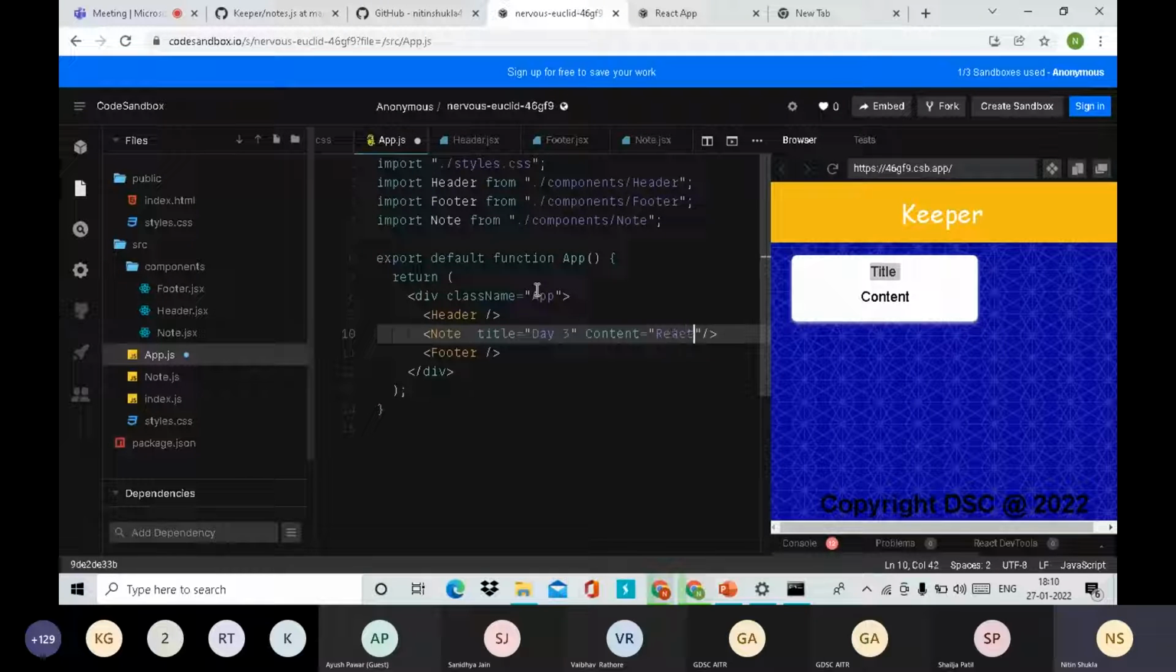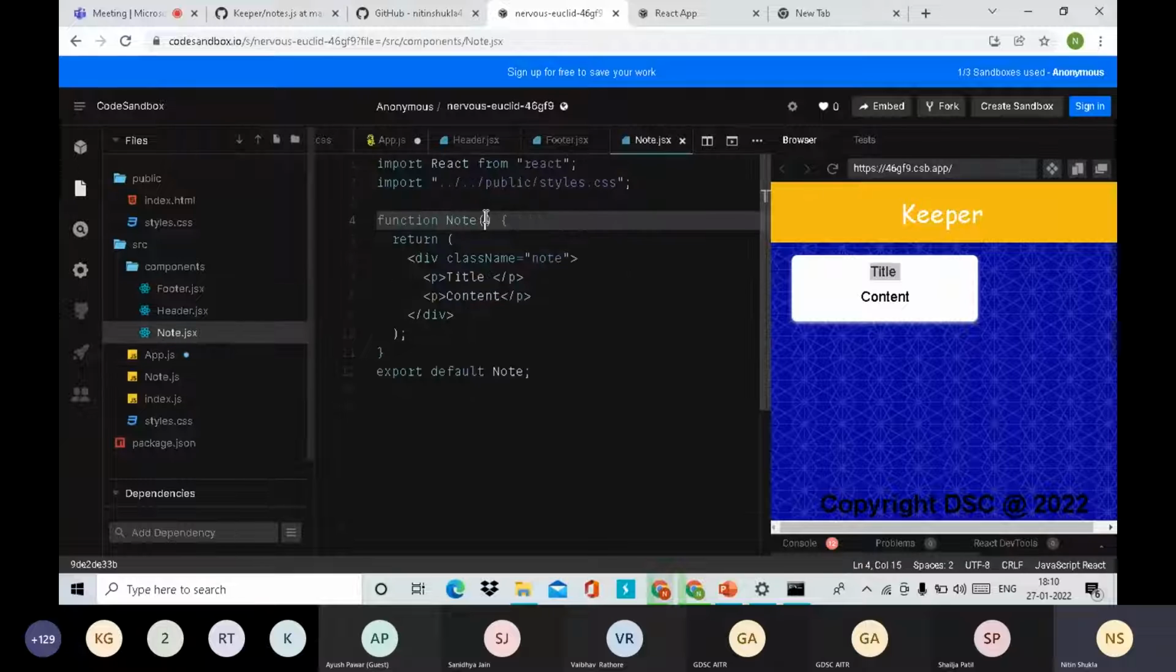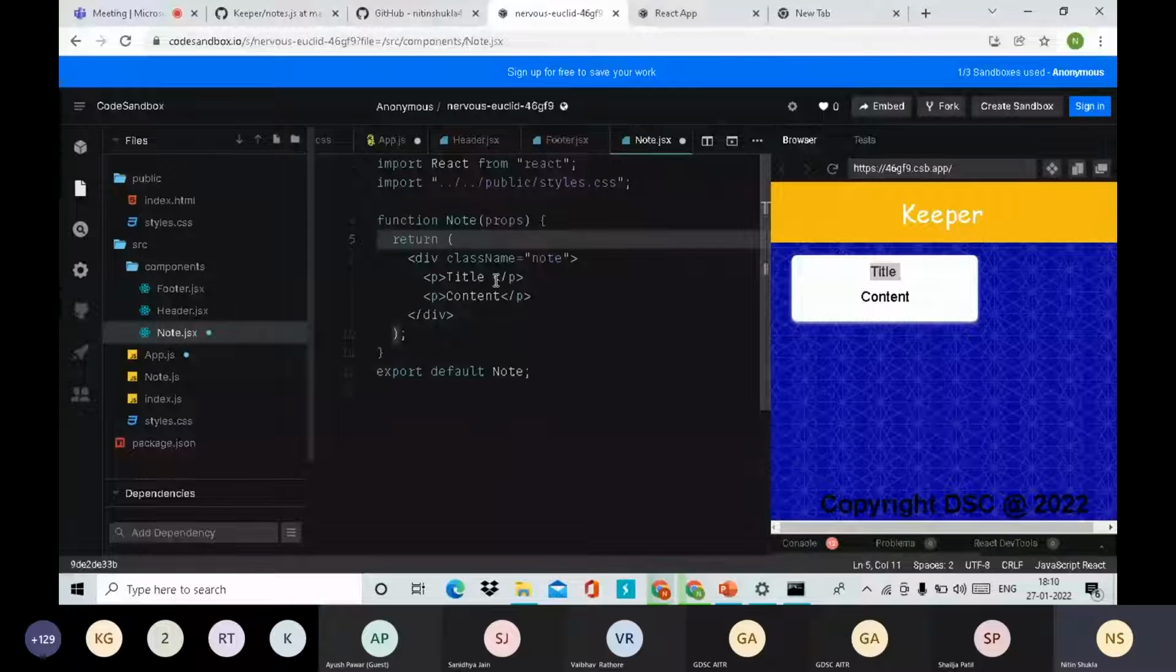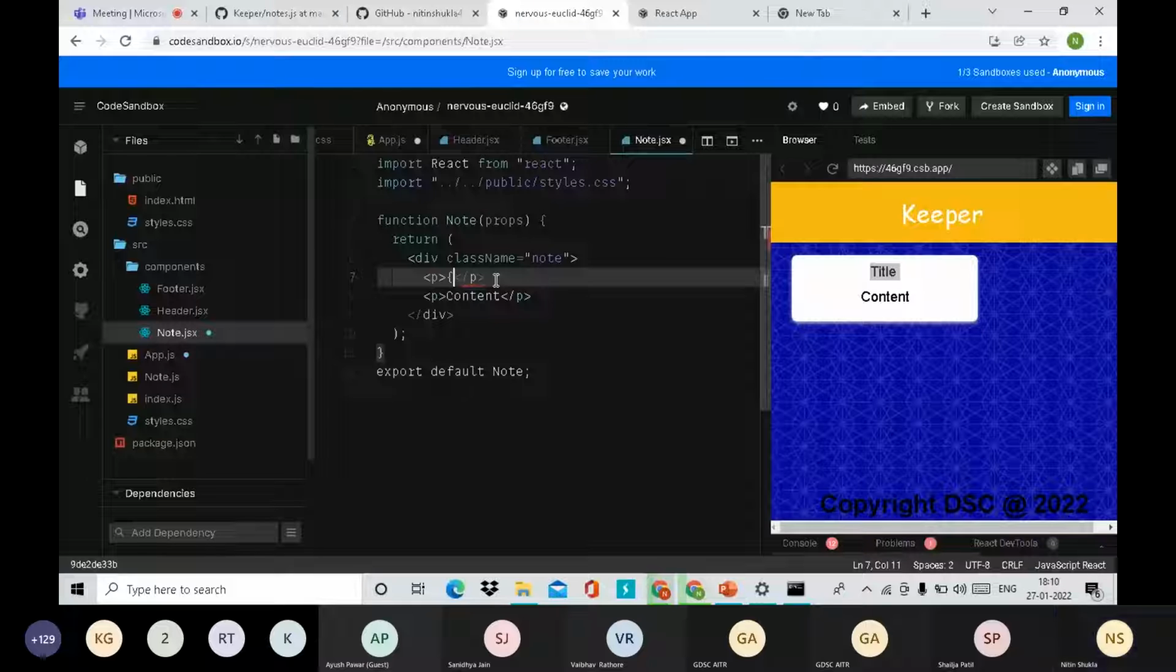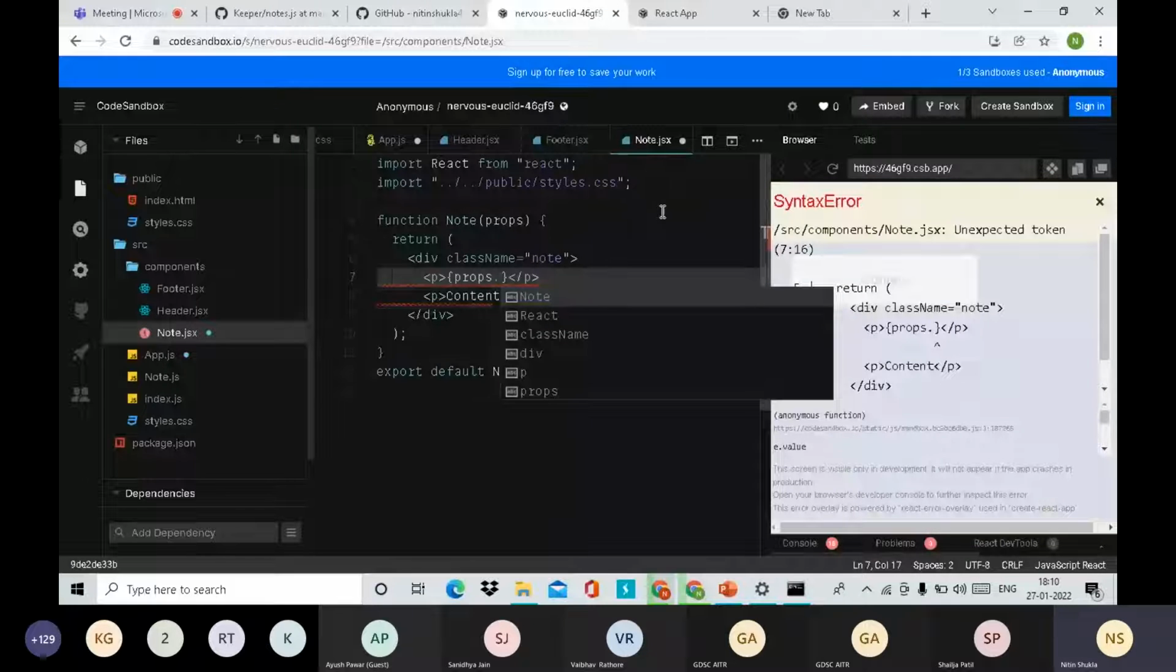Okay, so in this way we can try to pass the props, and we need to collect the props. So for collecting the props we need to pass props here, like we have to declare, like here we can write any name. Okay, so I'm writing props. Okay, और इधर props के लिए क्या करना है कि इधर हमें props dot name. Okay, props dot name, sorry,